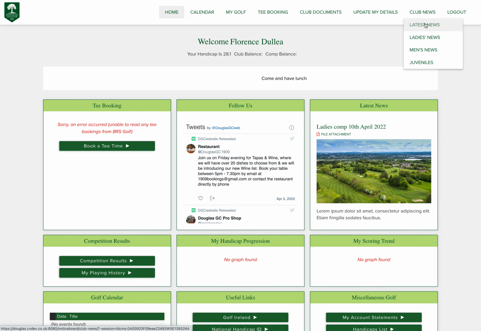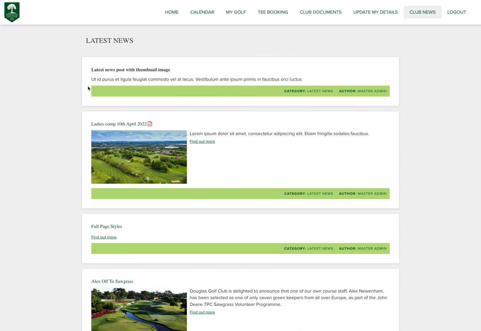But if I go to my latest news section, then we see that it has actually turned up at the top here. So we have a title, and we have the text which we added in the page content introductory text field, and we have some more information here. Okay, there's no links here because we haven't linked a document, we haven't created a page, so it's just a simple unclickable